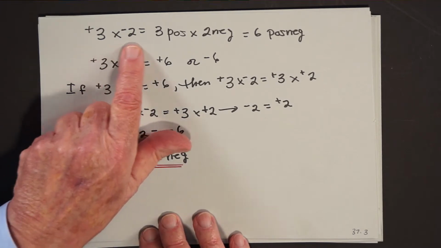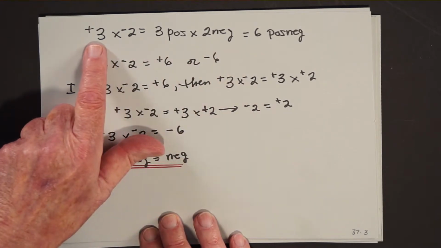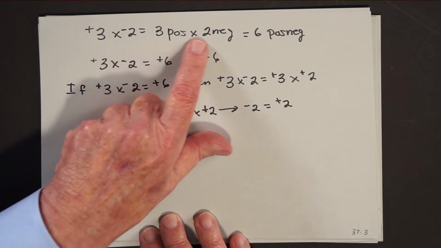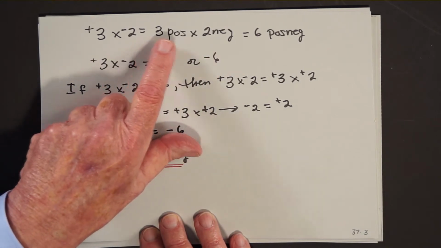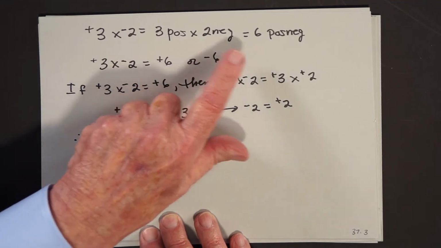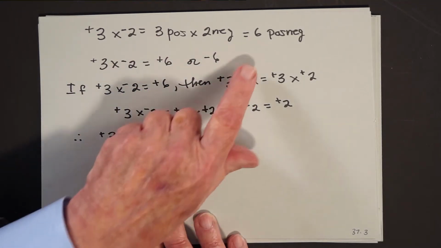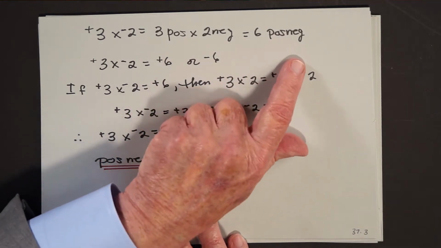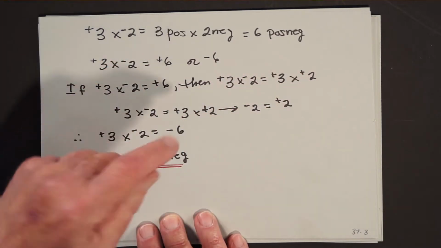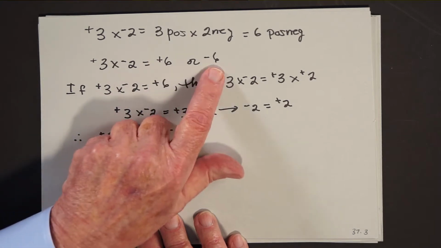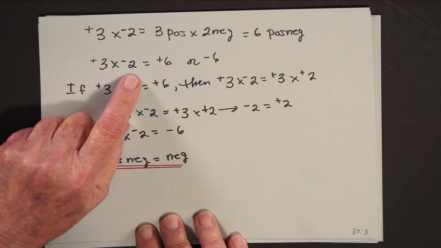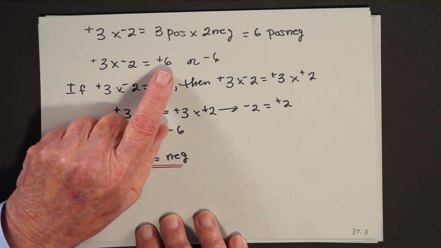Let's go back to our basic definition. Positive 3 is 3 pos, negative 2 is 2 neg. How do we multiply? Again, we multiply the 2 adjectives. The 3 times 2 is still going to give us 6, but now the unit is pos neg. Now what does pos neg mean? There's only 2 nouns. It either has to be positive or negative. In other words, no matter what else might happen, positive 3 times negative 2 has to equal either positive 6